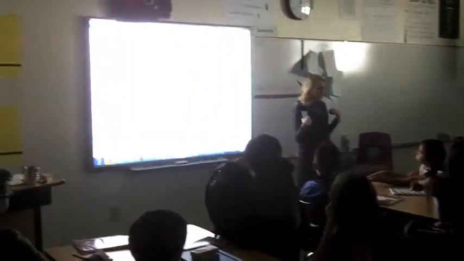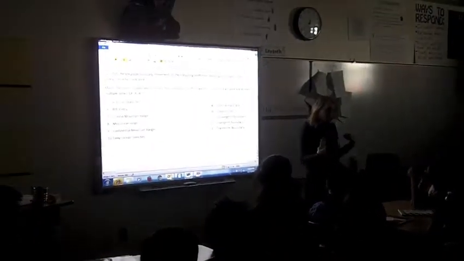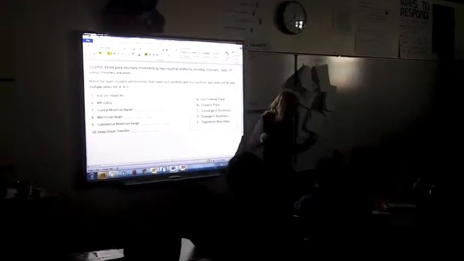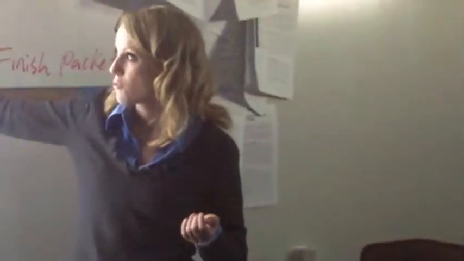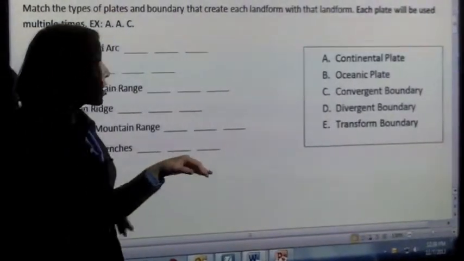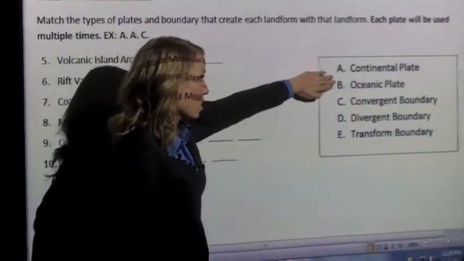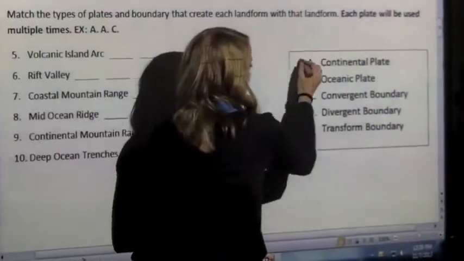I want us to go back over this because grading this section of the test for you was not one of our proudest moments. Guys, if we want to beat the other class, we need to bring this up before the unit exam. I haven't graded theirs yet either, so I don't know how they've done, but I was a little disappointed to see this. Okay, so remember how I told you there could be multiple answers? For this one, volcanic island arches, we need to know which plates are involved. So these are the ones, A and B, that are going to be repeated.